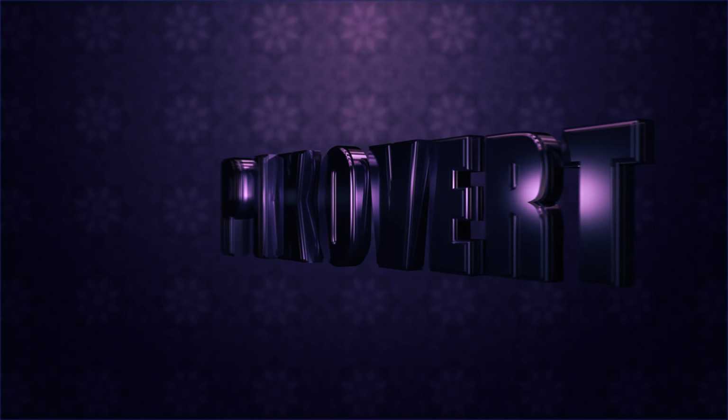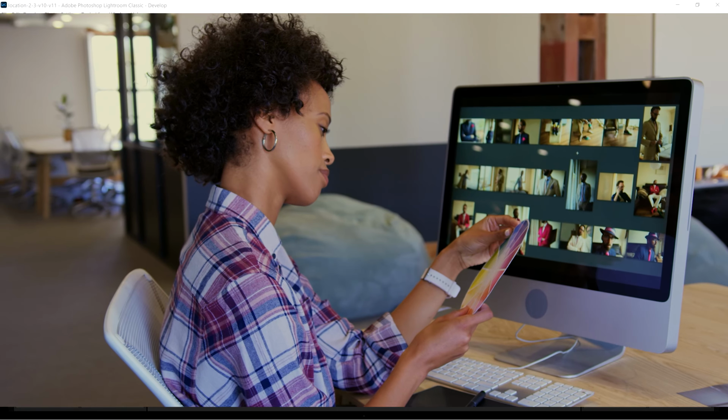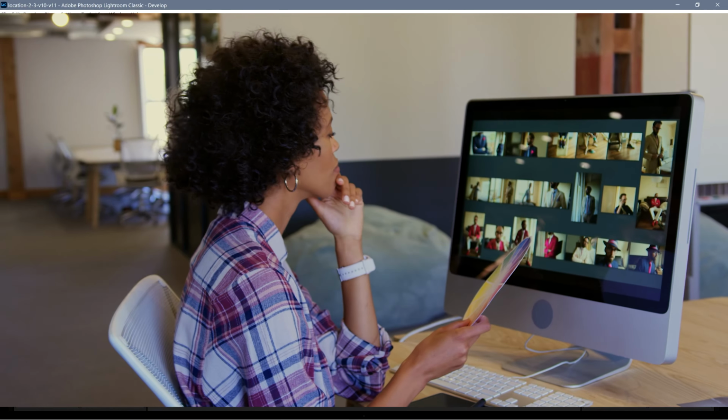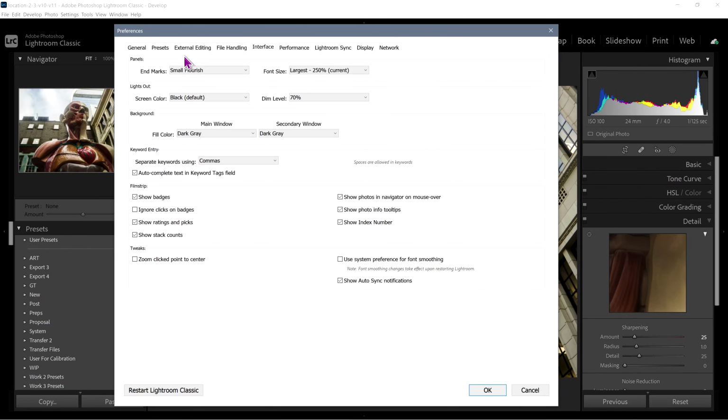A look at Nik Collection. What I want to do is to take a look at Lightroom. So inside of Lightroom, inside of the develop module, first of all, there's a feature, let me make sure I don't forget this. There's a new ability now to export using,